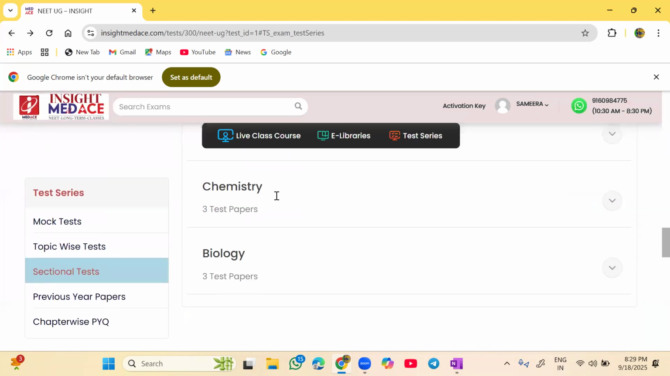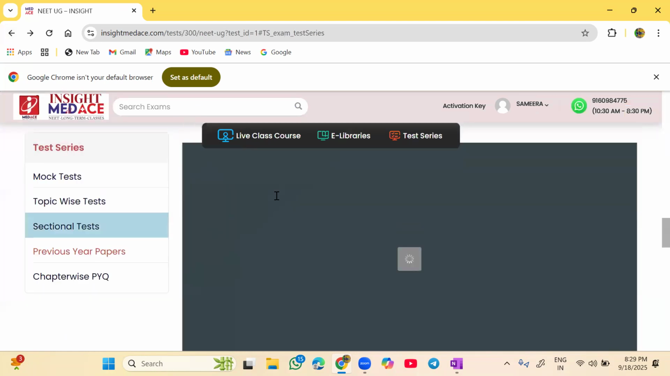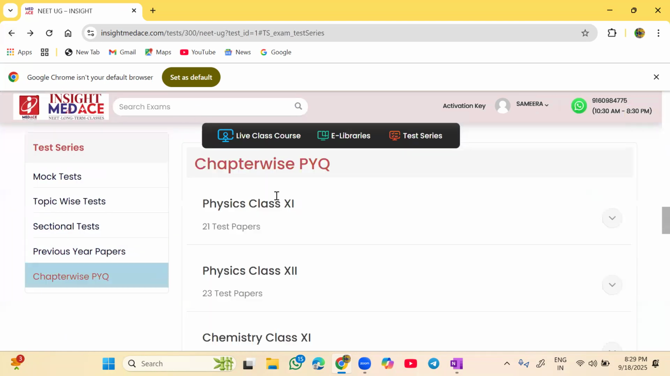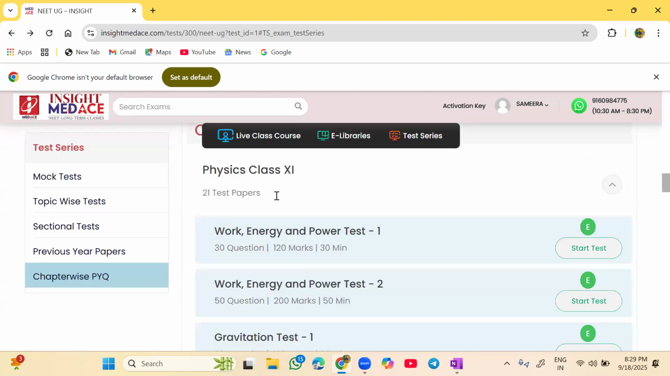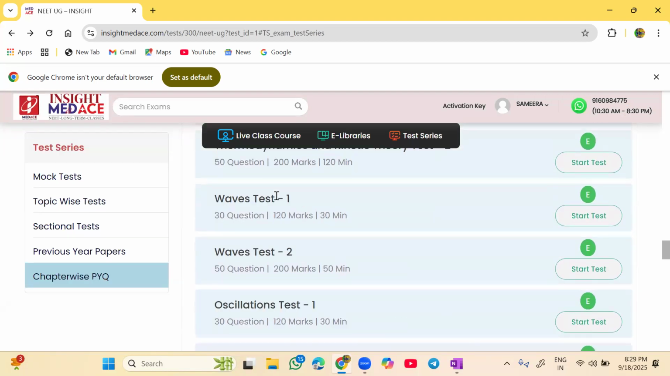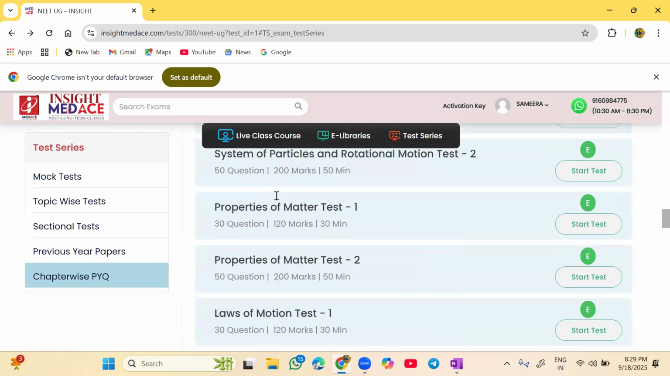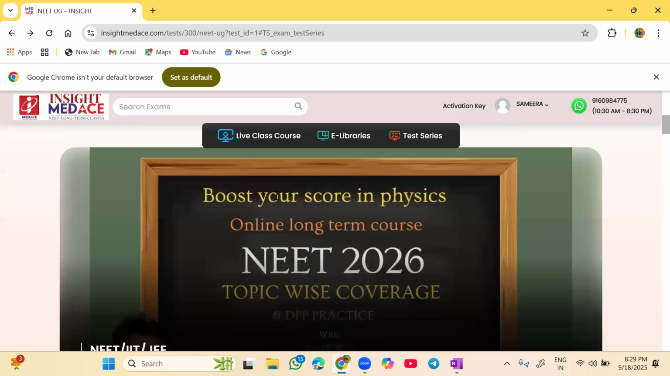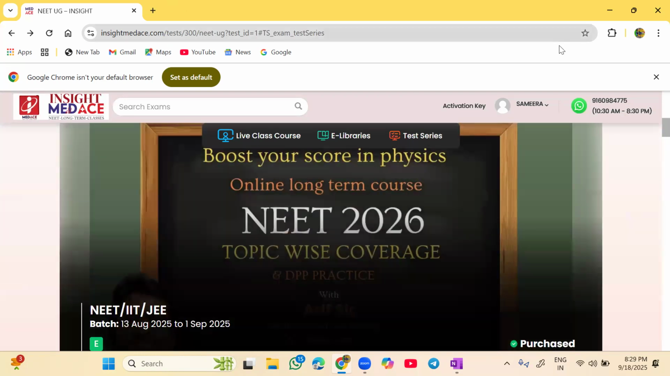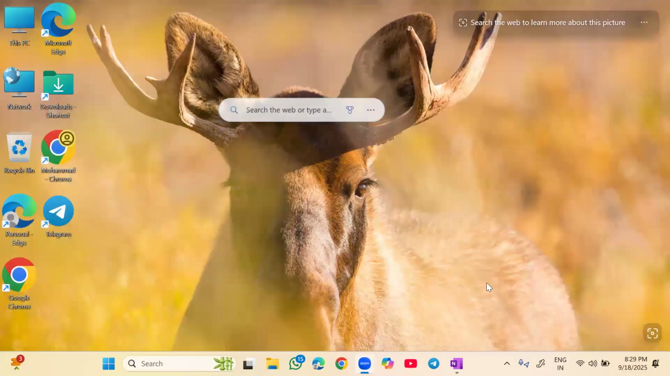फिजिक्स में 3 टेस्ट है, केमिस्ट्री में है, बायोलॉजी में प्रीवियस ईयर्स पेपर्स भी है, और चैप्टर वाइज पीवाईक्यूज भी आप कर ले सकते हो। फिजिक्स के अंदर 21 पार्ट टेस्ट है। और चैप्टर का जैसे वेव ऑप्टिक्स अगर आपको करना है तो वेव ऑप्टिक्स के क्वेश्चंस कर ले सकते हैं। क्लियर? Yes, sir. एक बार आप ओपन करके देखो, देन यू विल गेट एन आइडिया। जी सर। ठीक है।